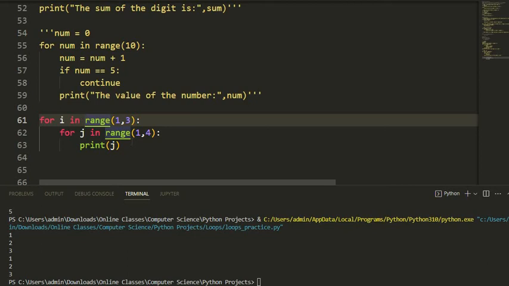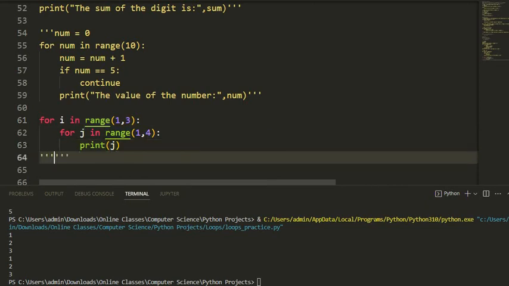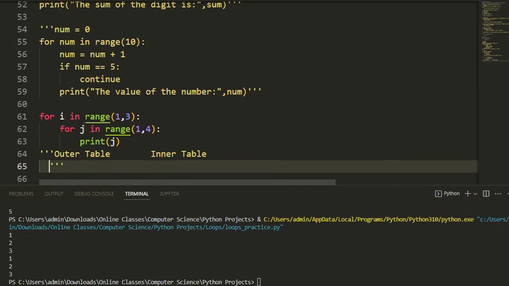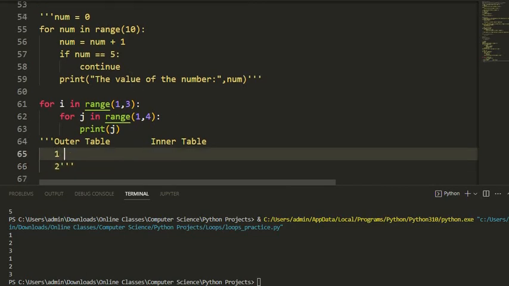Otherwise, what you can do is make a table which is outer and inner. In the outer table, you write down all the numbers. In the inner table, you write down all the numbers. So let me make the table to show what I mean. So let's say this is the outer table and this is the inner table. Inside the outer table you have 1 and you have 2, and in the inner table what you have is